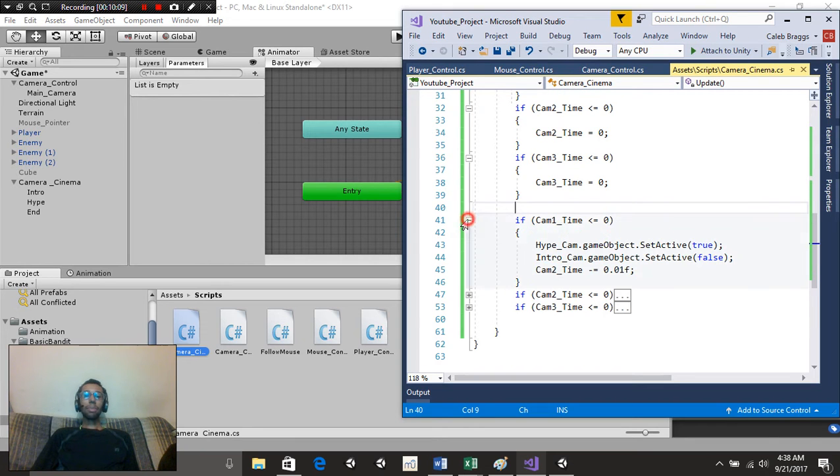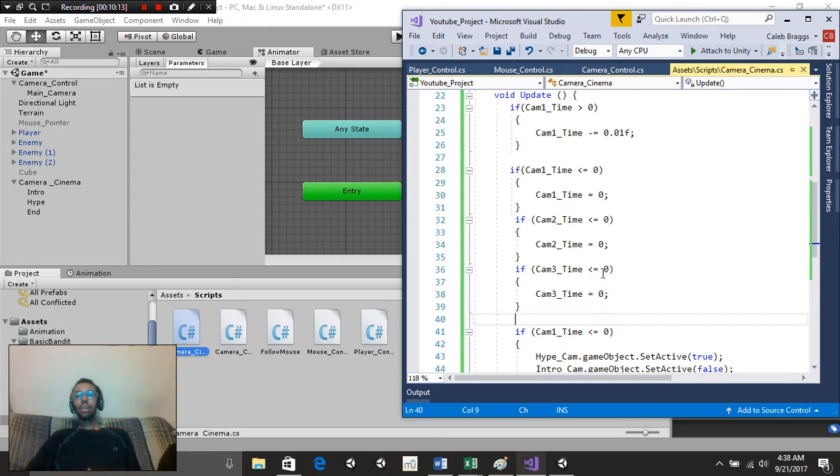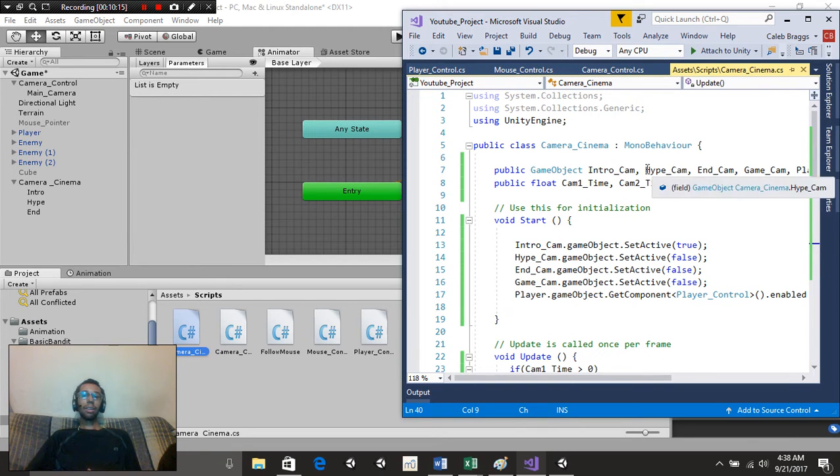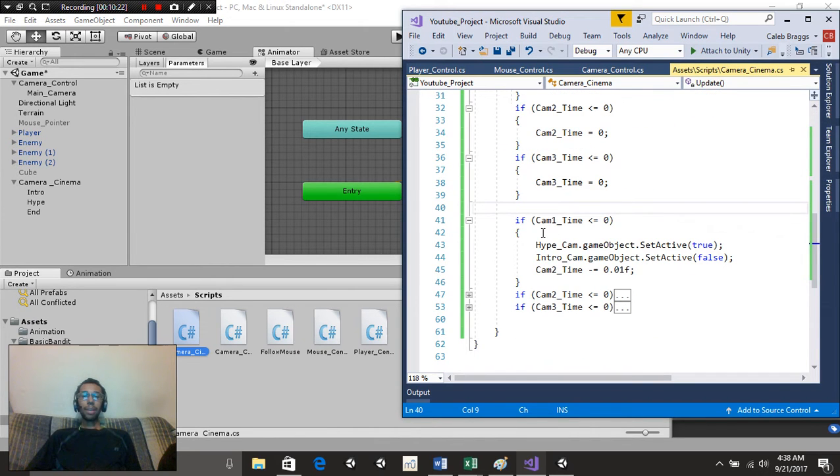And now comes the magic part. And this is, of course, where you're going to be setting up for each one of the cameras that you add. So make sure that if you have like 6 cameras, you're going to be setting up the floats as well. So here we go. If our first camera's timer is less than or equal to 0, then we're going to say